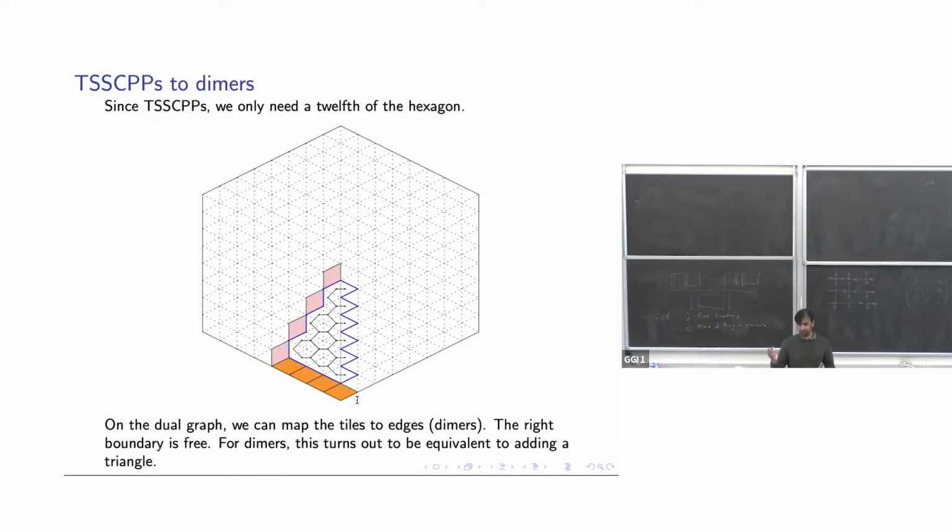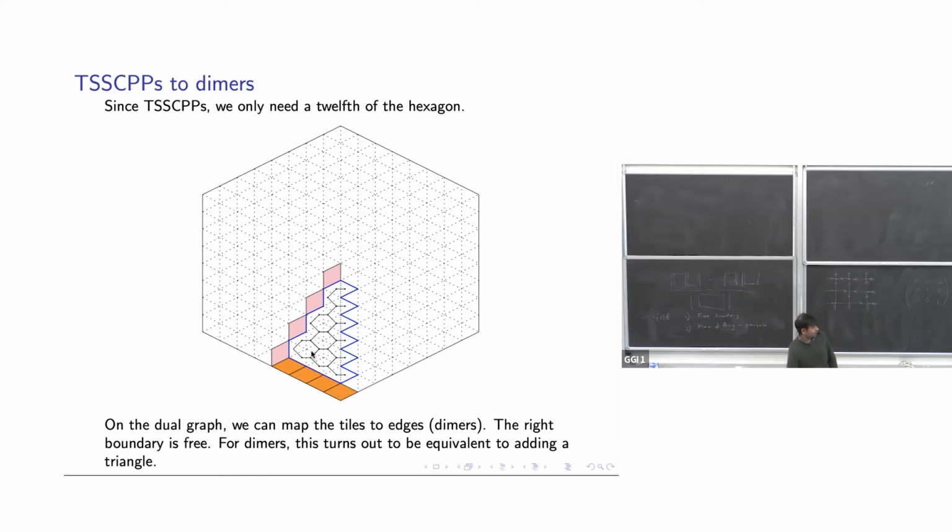Because of this reflection and rotation about these TSS CPPs, you actually only need to consider 1/12 of the box plane partition. So you don't need the whole thing. You can just consider this configuration down here, and then it will repeat itself around the hexagon. So you just need this configuration here. And it turns out that these ones here are always frozen. So this one along this diagonal are always frozen, and these ones here are always frozen. So you can actually reduce it to a smaller